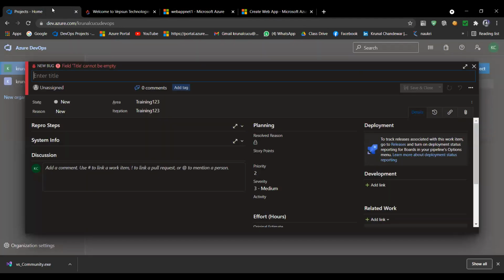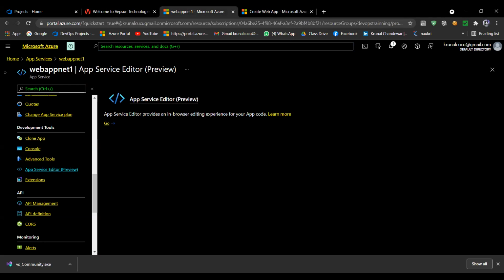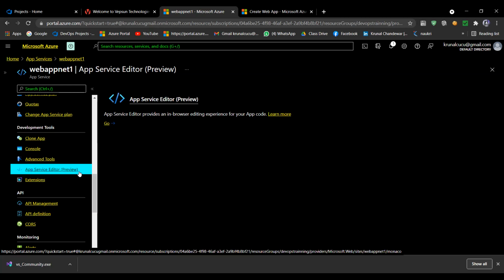But whenever you want more details, as I told you, this is the App Service Editor preview. Here your code is stored. Whatever web app you are building, all of that will come here. If no code is built and nothing is imported from GitHub, you will get a default page. I showed you that sample code there also. So all of this is in the App Service Editor preview.